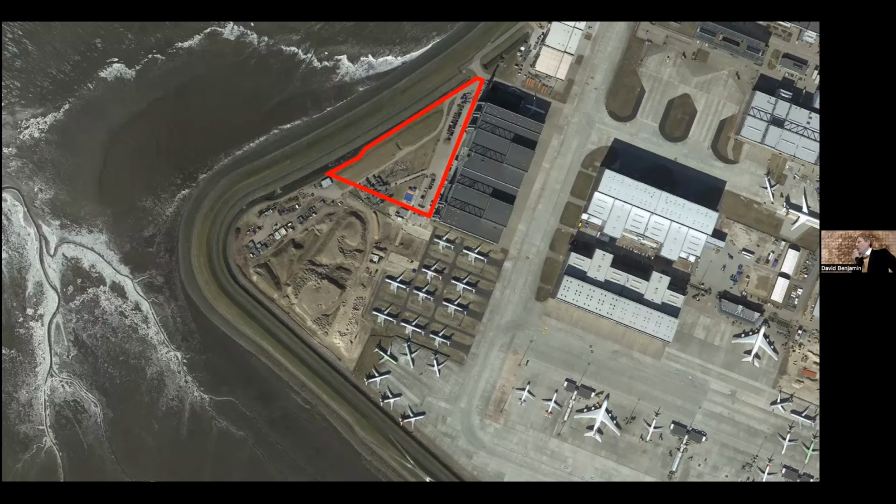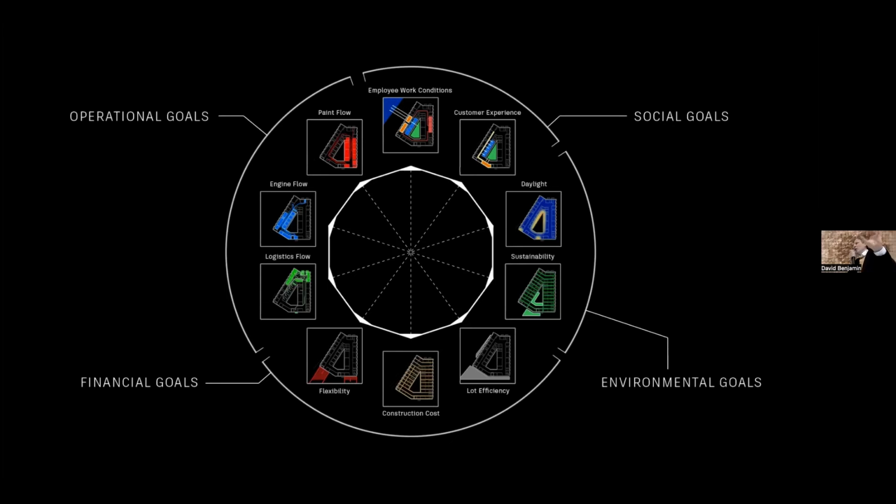And again, we used a real world example. This time it's the last unbuilt triangle of space on the Airbus campus in Hamburg, Germany. And instead of the previous example with the airplane part just having more or less 2 goals, you want to minimize weight, you want to minimize displacement under load, here we add 10 plus goals. Some of those goals were what you would think, we call those operational goals, you want an efficient factory, but some of the goals were also financial goals, some were environmental goals, and some were even what you could consider social goals. We had some goals for things like employee work conditions.